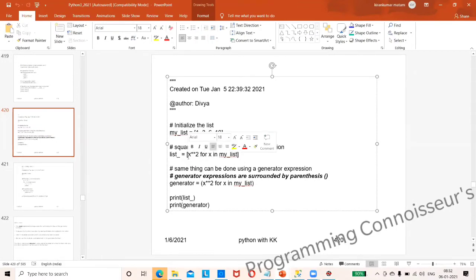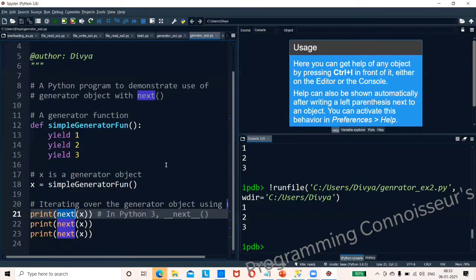This is a list comprehension, which we have done already. Now there is a generator expression. List comprehension uses square brackets; generator expression uses normal brackets. Automatically this will become a generator.